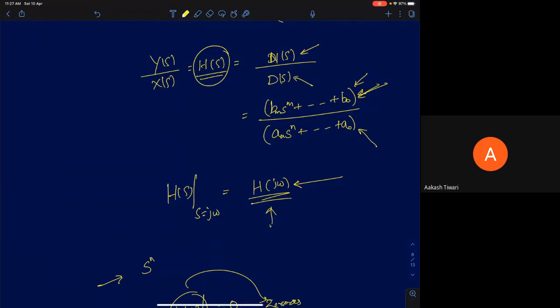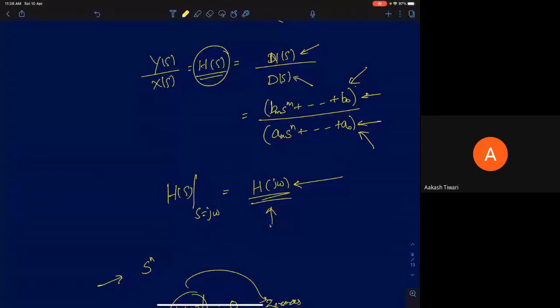Since we have two polynomials in s, in both the numerator and denominator, if I have an nth order polynomial, the roots of the polynomial will tell me everything I need to know about the polynomial. The roots contain all that information. If I give you the roots, you will be able to construct the polynomial itself. So the power of Laplace transform is that you will just be looking at the roots of the numerator and denominator polynomial, and based on those roots, you will be able to say if a system is stable or not.